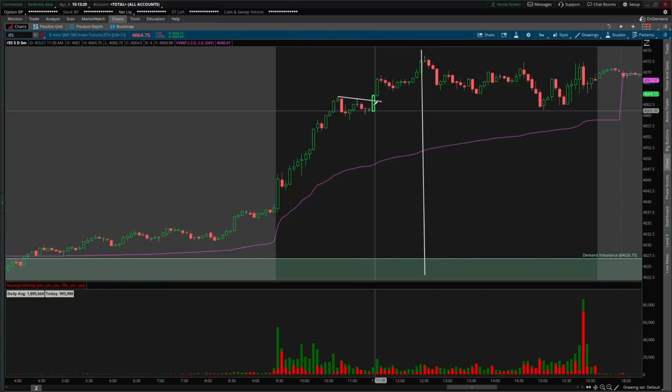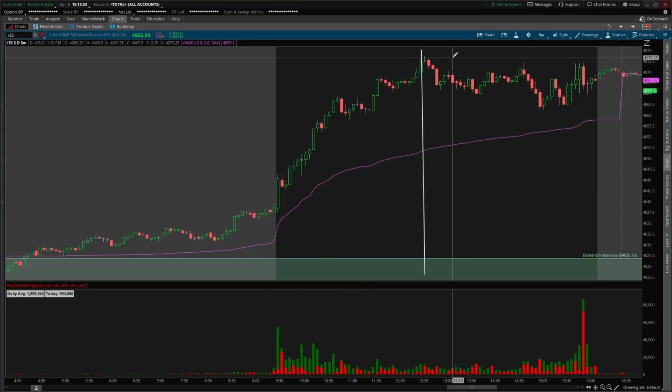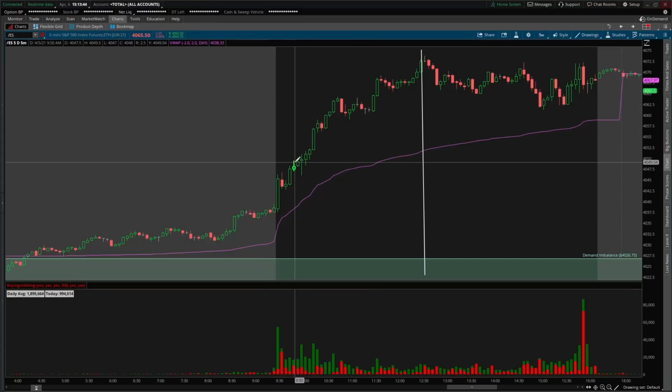So yes, you could have gained a couple of points off of this rally and it would have been a very good trade, whether you trade SPY equity, SPY options, the S&P 500 future. There's multiple different derivatives and instruments that you can trade. Beautiful trade off of that if you did see something according to your edge or according to your plan.